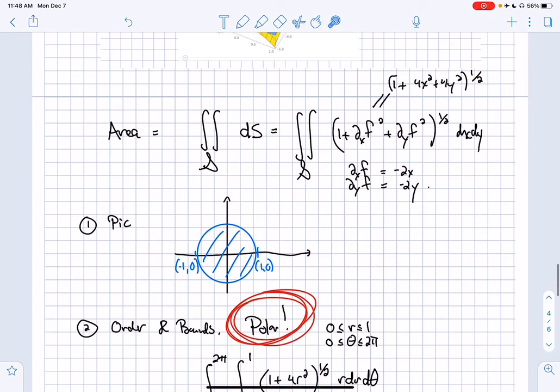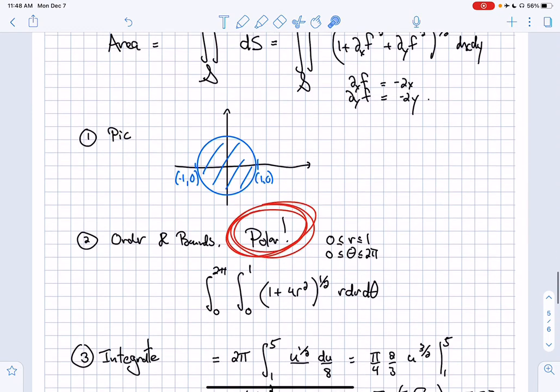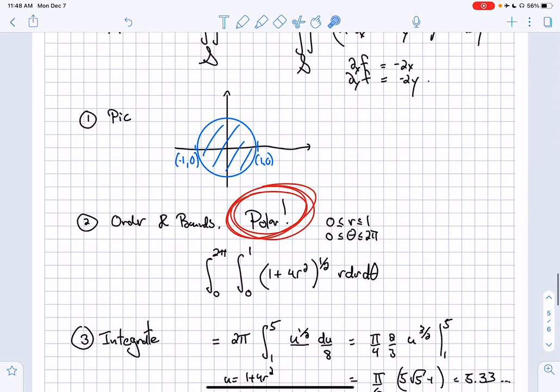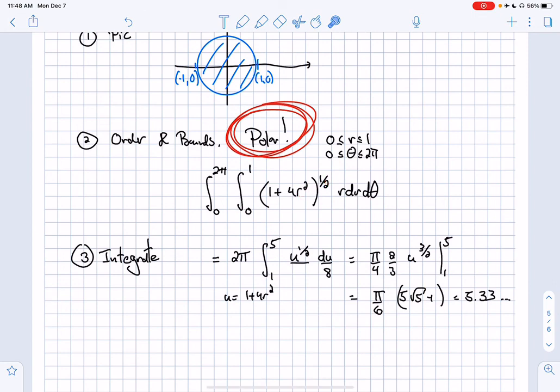And now there's a couple of red flags. Circle, x squared plus y squared. So I have to go polar. Okay? So the bounds for polar are all the angles around the circle, and from 0 to 1 for the radius, because it's actually a disk. And so this is the integral you get. And then you can integrate this really easily, because now dx dy is r dr dθ. Don't forget. And so there's an easy u substitution, and at the end of the day you get this,